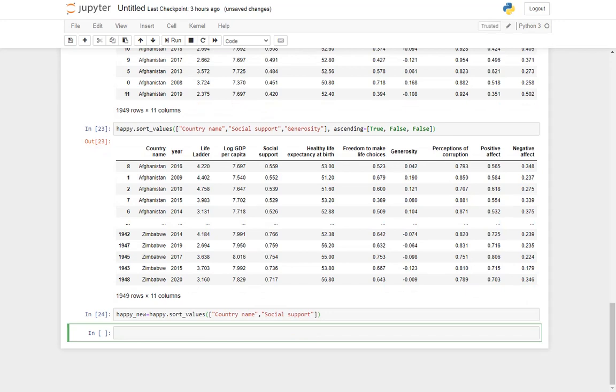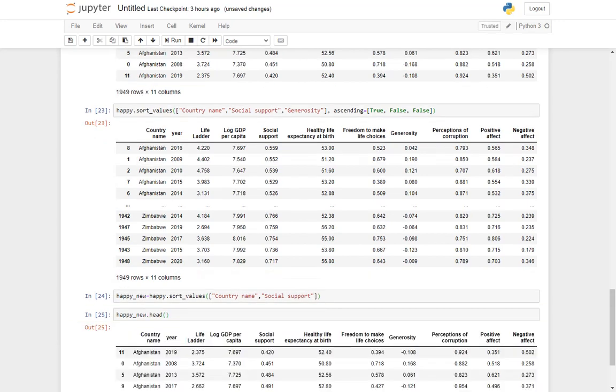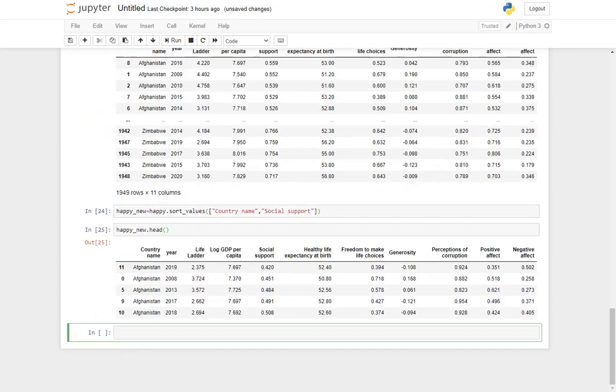So the new data frame has been created, and let us look at its first few rows. Right, so this is my new data frame. As you can see, the index is all jumbled up.